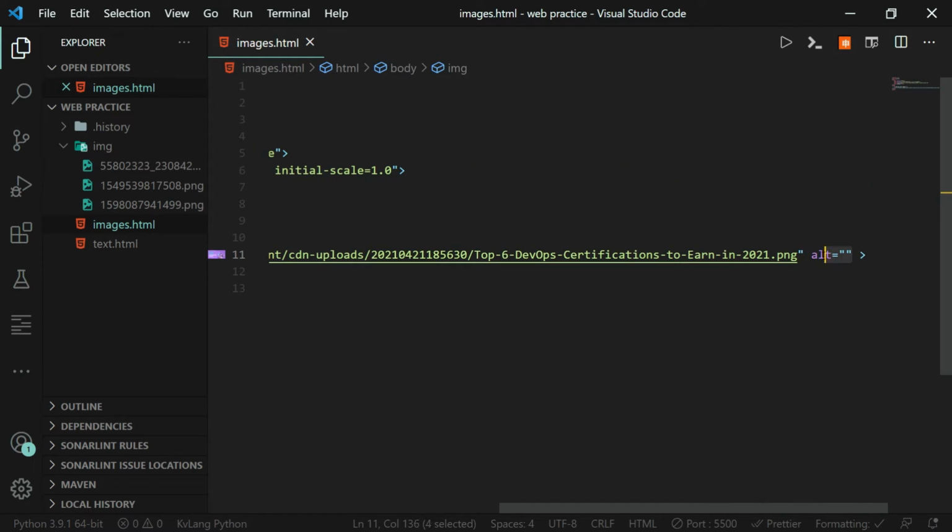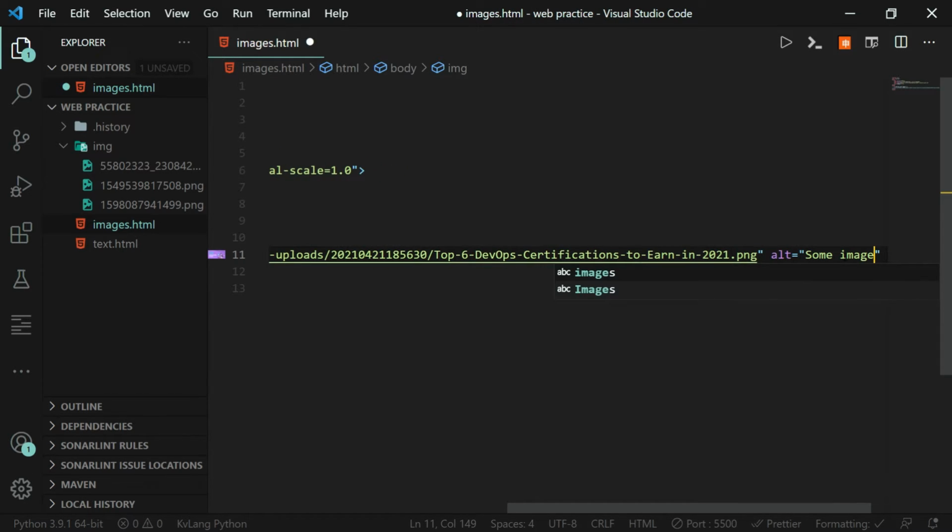The ALT attribute is the alternate thing to display when our image is not loaded. For example, we will write some image here, and we'll purposefully just erase one letter from the image name so that it will vanish.